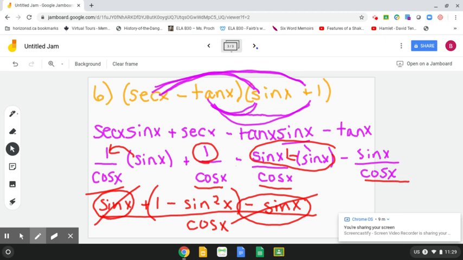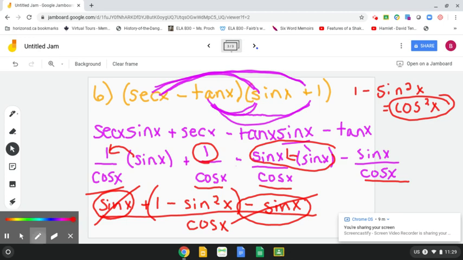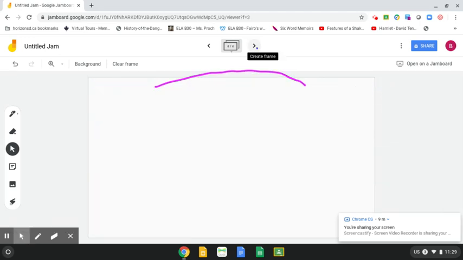Now, 1 minus sine squared x is one of your Pythagorean identities, okay? So 1 minus sine squared x equals cos squared x. Okay, that's the first Pythagorean identity on your formula sheet. Okay, so now you're going to substitute that in. So instead of 1 minus sine squared x, you're going to write cos squared x. Okay, so let's go cos squared x